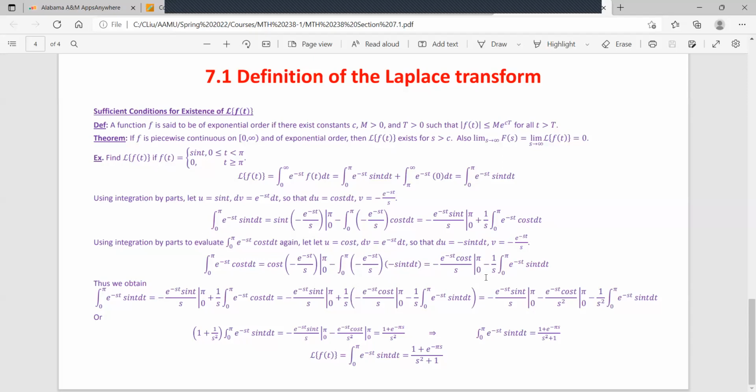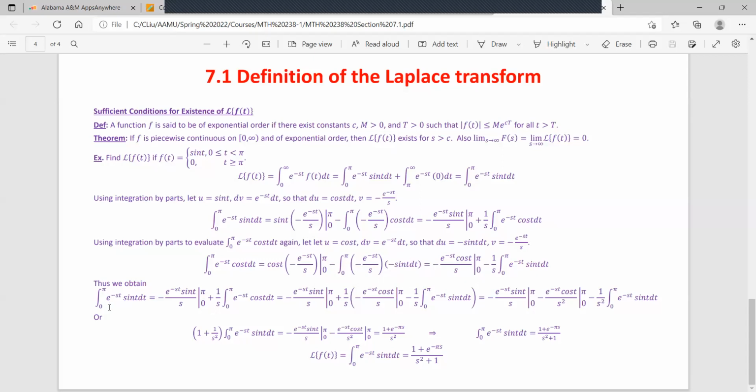And this time, the second term has three negative signs, so it's still negative. Again, we can also pull out the negative and 1 over s to get an integral of e to the negative st sine t. Okay, so if you write down the whole process, the whole thing we did so far,